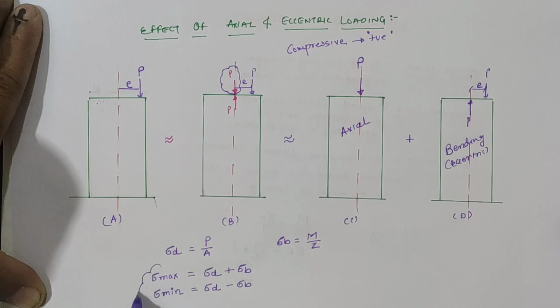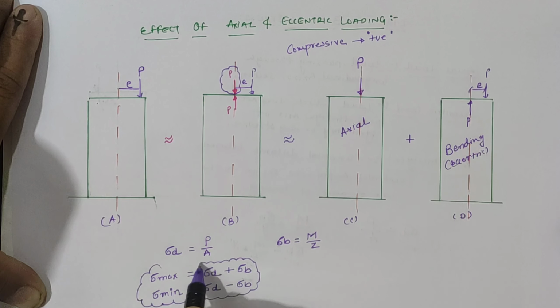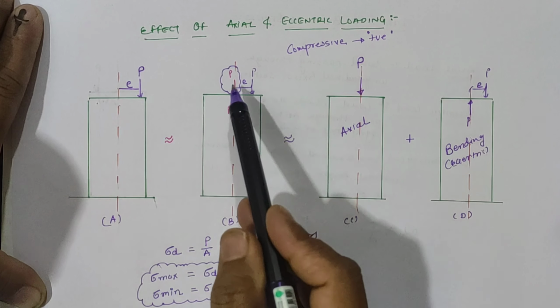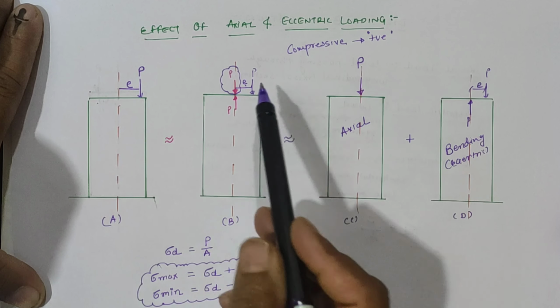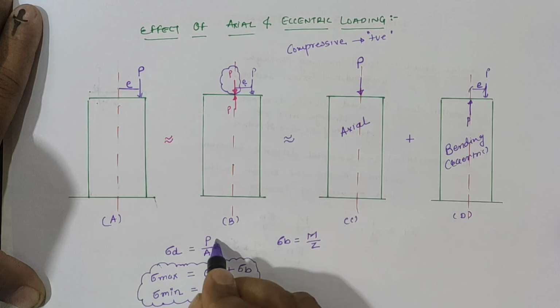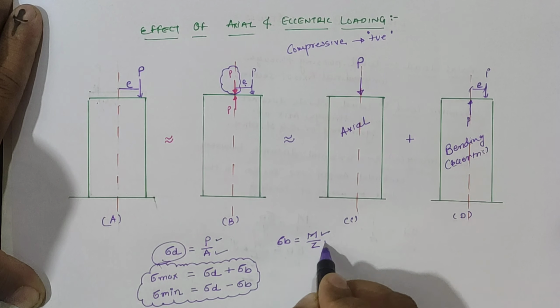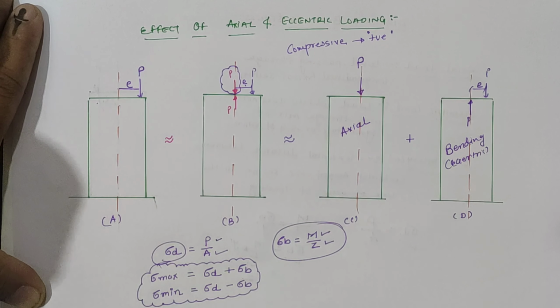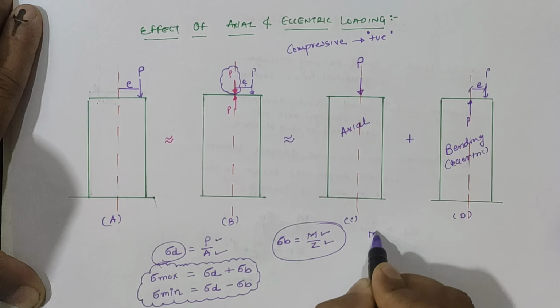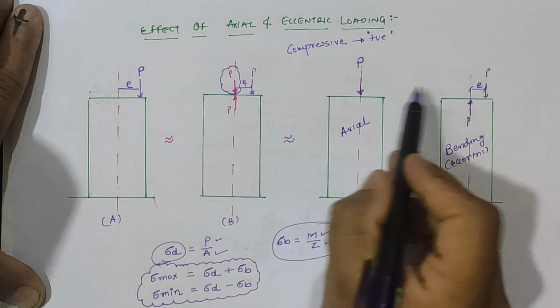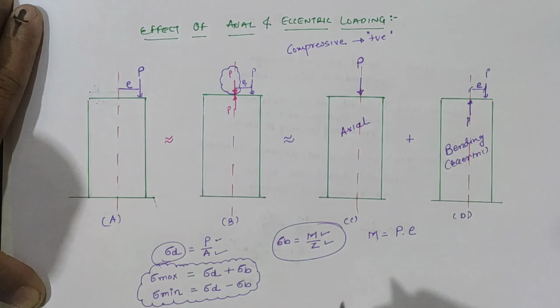So we have to calculate maximum and minimum stress according to the given loading and given eccentricity with the help of the equation P by A as the direct stress and M by Z as the bending stress, where M can be written as force into perpendicular distance, the eccentricity E, and